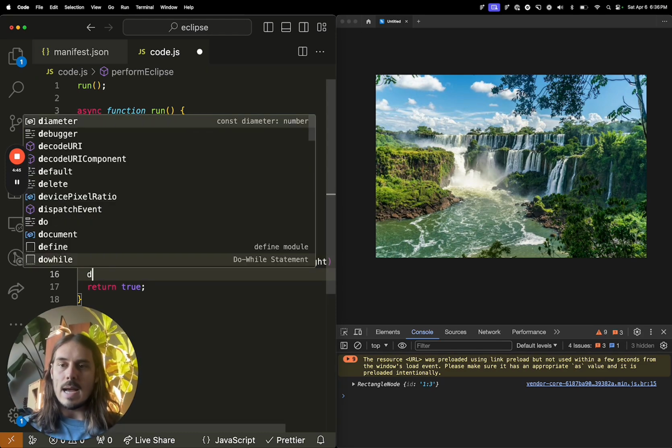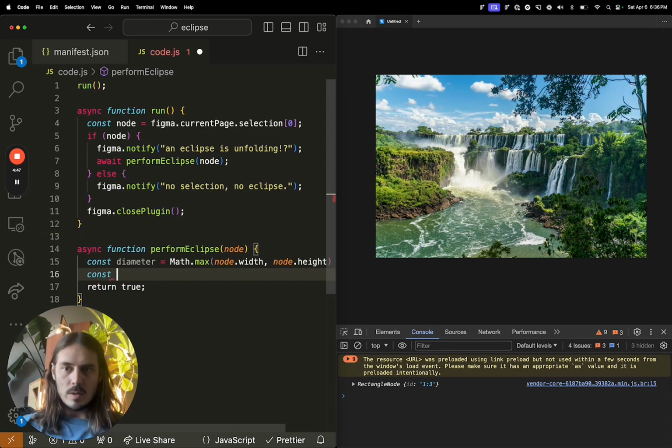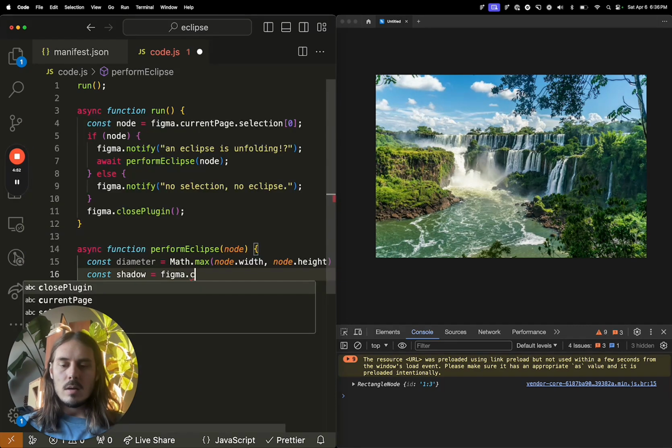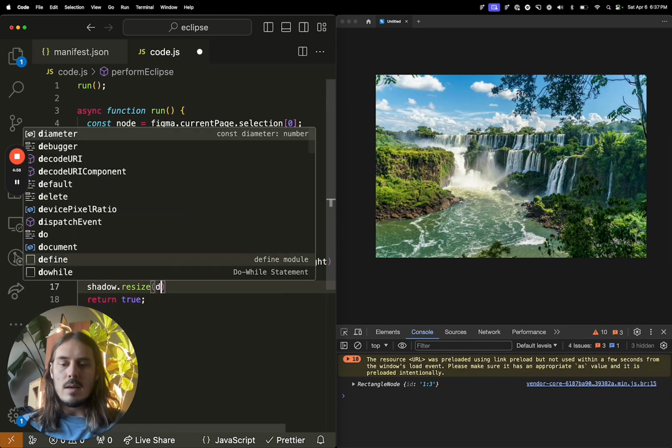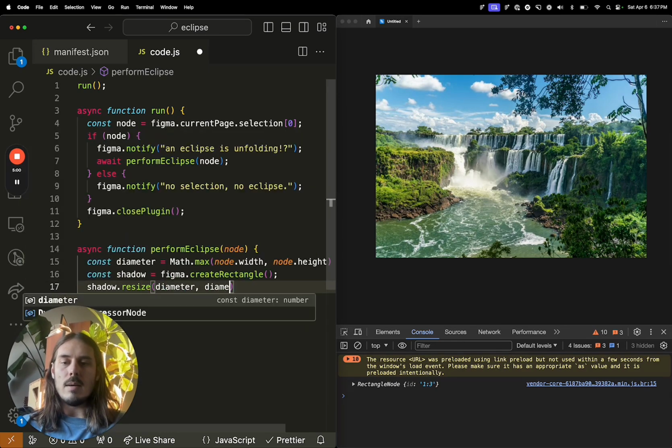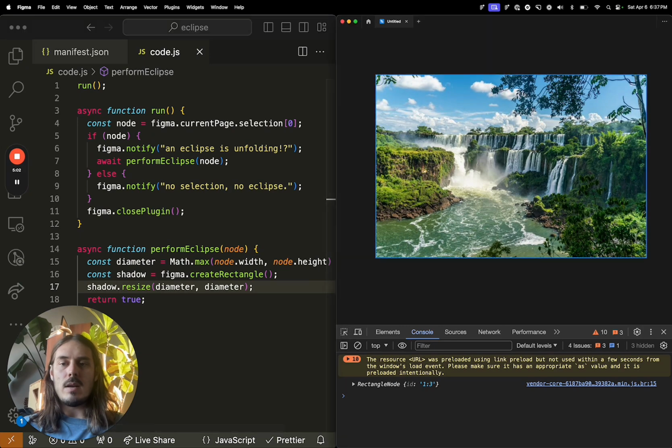So let's do that now. So let's create a shadow really quick. And that's going to be a rectangle in Figma. Create rectangle. And so we can see the size, we're going to say shadow.resize(diameter, diameter). Sweet. So now we should get a shadow